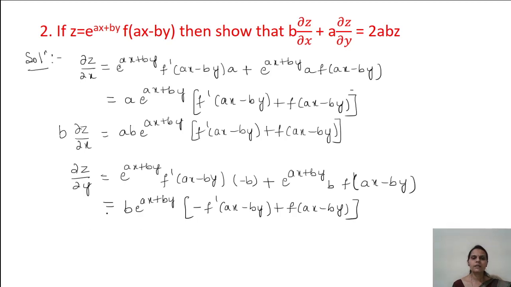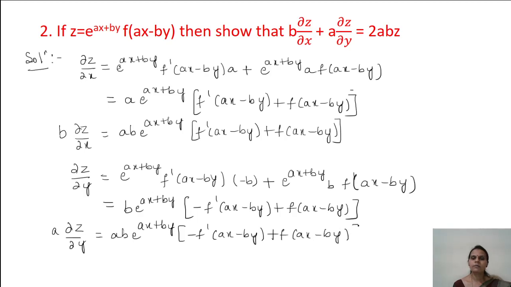Now multiplying this equation by a on both sides, we get a into dou z by dou y is equal to ab e power ax plus by into minus f dash of ax minus by plus f of ax minus by. So now we shall call this equation 1 and this equation 2. Now adding equation 1 and equation 2, we get